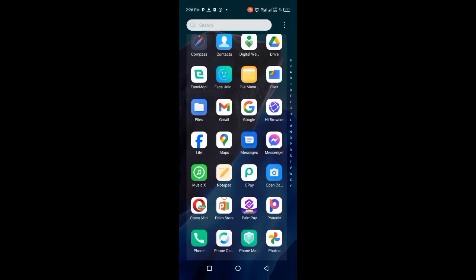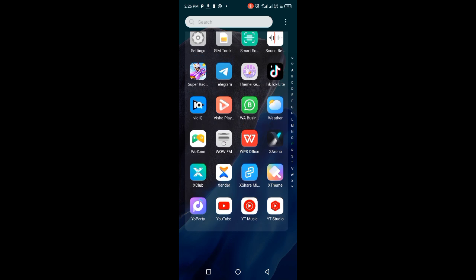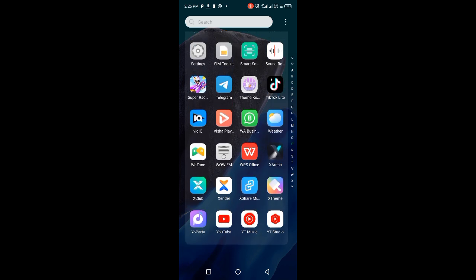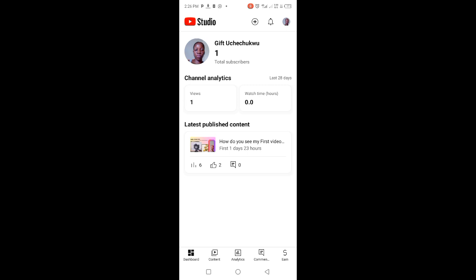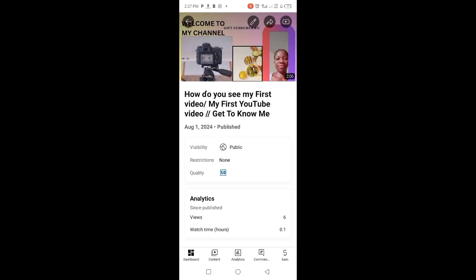Okay, let's do the step by step on how to add your thumbnail. Now scroll down to where your YouTube Studio, which you have downloaded on your phone, is. This is mine. I've clicked on it. We'll be using this particular channel. Then I will go down to where my video is, the video you want to add the thumbnail to. Maybe there you'll be seeing other videos of yours, but that particular video you want to add the thumbnail on,